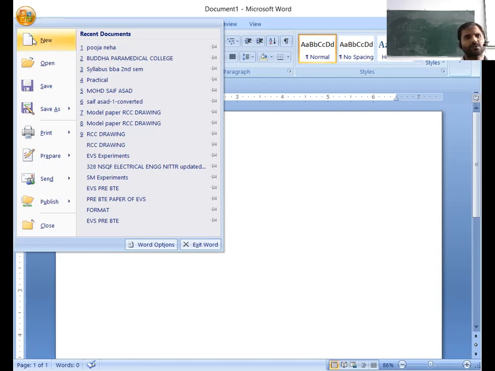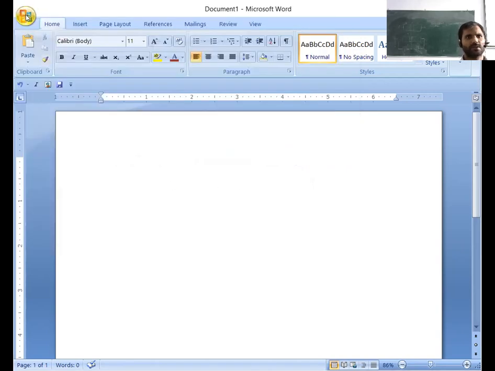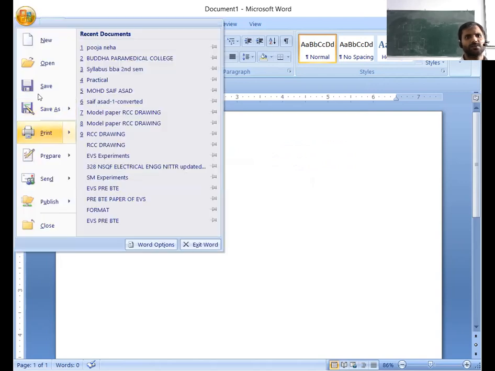And if you want to open a file that has already been saved in your PC, you have to choose open, move to your directory, and where you have placed your document file, select and open that. And if you want to save your document, then you have to go to save, and then your file will be saved.